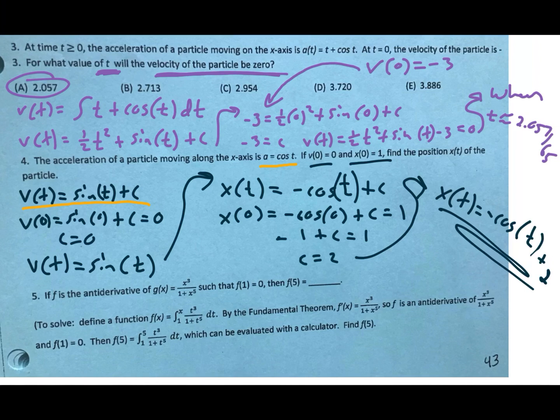I was told that v of 0 equals 0, so I set that up. V of 0 is going to be sine 0 plus c. Well, that means c is going to have to equal 0, so my velocity function actually is sine of t plus 0. And then I need to find my position function. I'm going to integrate velocity to get position. So I integrate velocity,